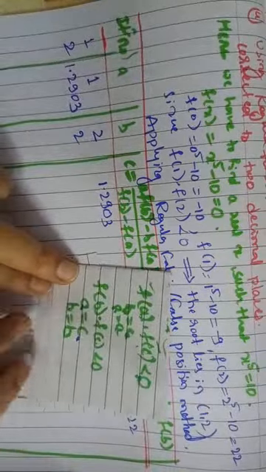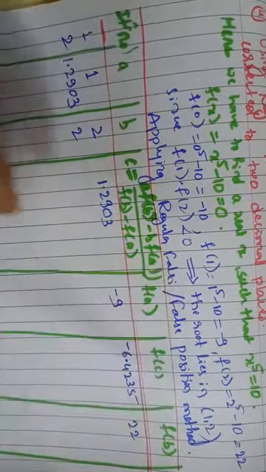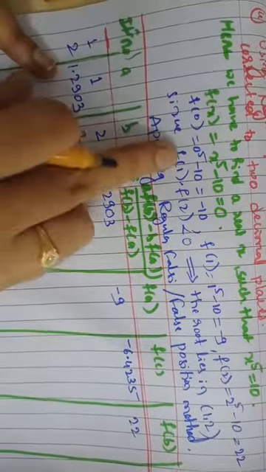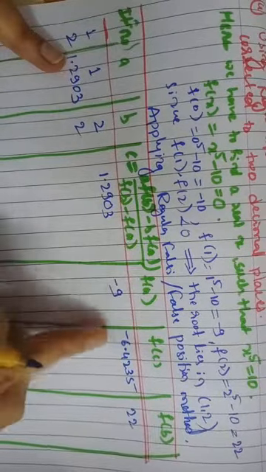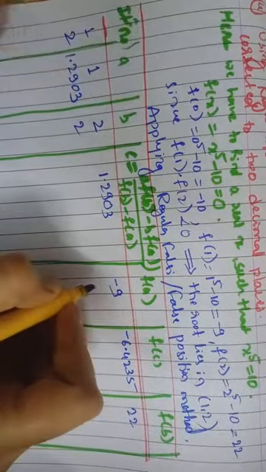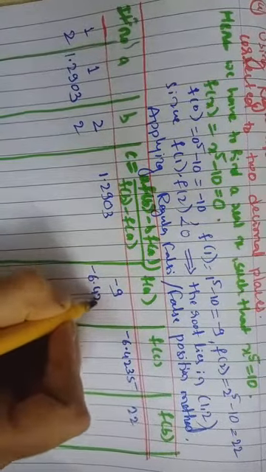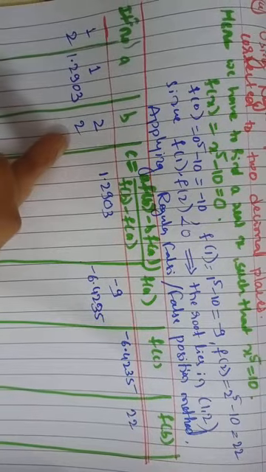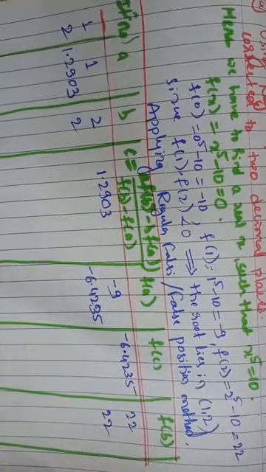Now we will have to keep the b as it is, right? Because we have to follow this, the rules, working procedure. So keep the b as it is. Now when we have this value substituted in this equation, we have got the same value again. That is my f of a, that is minus 6.4235. b is 2, so even if you substitute again the value 2, again you will get 22 only.